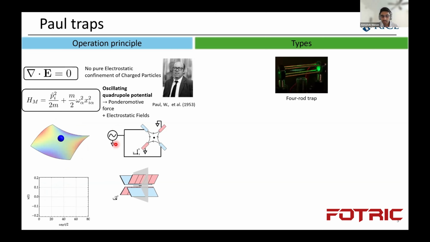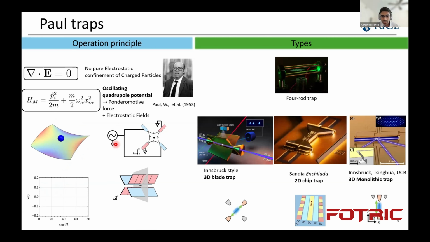And there are many types of ion traps. The most basic one is the four-rod trap, where you're seeing stainless steel rods, and it's a very giant macroscopic trap. But from that point, we have evolved a lot, miniaturizing it, making it more scalable and more oriented towards targeted applications. The trap that I showed earlier is an Innsbruck style trap, from the University of Innsbruck, and